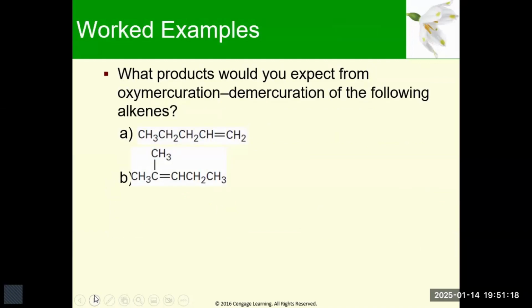All right, so here goes an example. What is the product of these reactions? And again, you want to remember this is Markovnikov. And so let's go ahead and draw these into stick structures. I am just impartial. I love my stick structures. And so